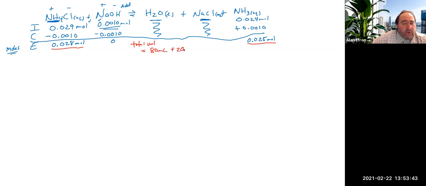We added 20 milliliters of the sodium hydroxide. That gives us a grand total of 100 milliliters. So we're going to take each of these and divide it by 0.1 liters to convert it back into molarity at this point. And that gets us 0.028 divided by 0.1, 0.28 molar